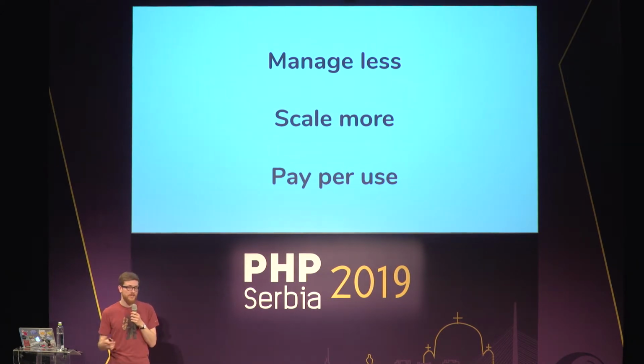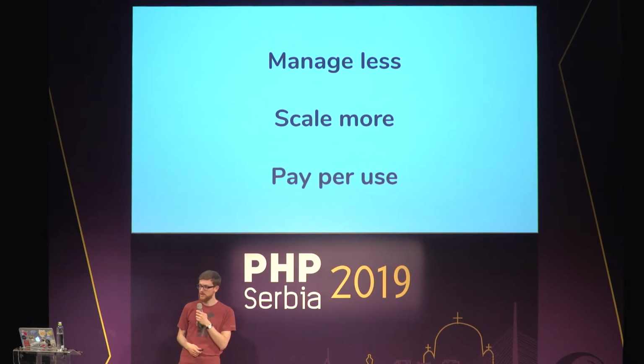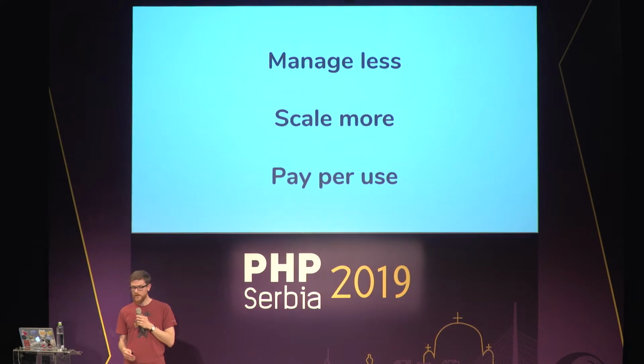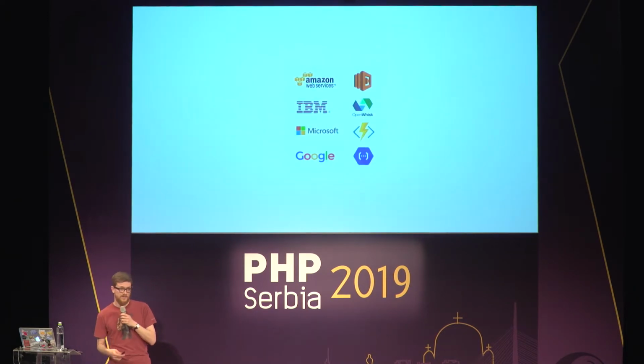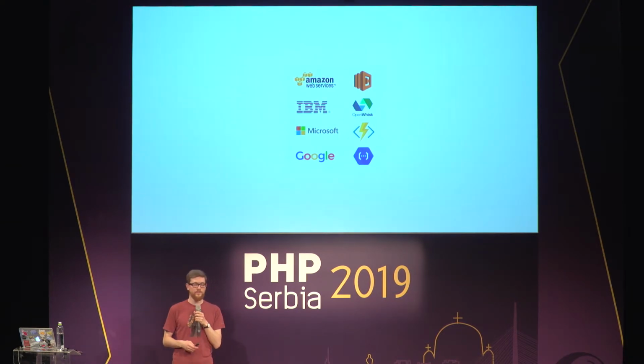You can scale more easily because of the execution model that we've seen, and because you scale at a very granular level. So it's really easy to scale, at least when you consider Amazon Lambda. And you pay only for what you use. Now, I've mentioned Amazon Lambda, obviously, because they were the first to start in 2014, so it was quite some time ago. And they've been followed by the major cloud providers like Microsoft Azure Functions, Google Cloud Functions.